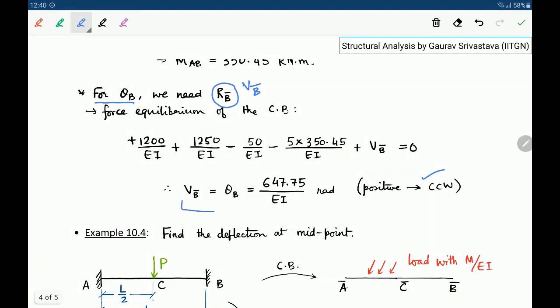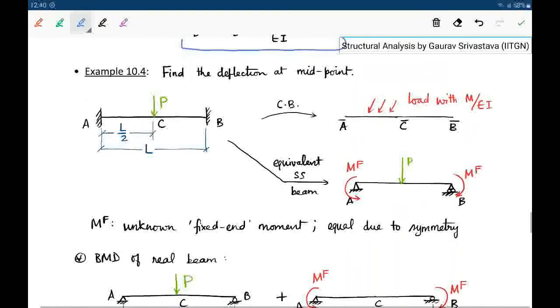So we can calculate that. Okay, so this way we are able to use this conjugate beam method even for indeterminate problems with relative ease. Okay, let's look at one more example. Let's say there is a fixed beam, and as we go along you will see that fixed beams are very common for idealizations.